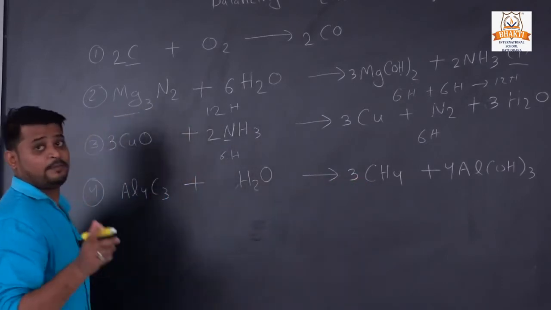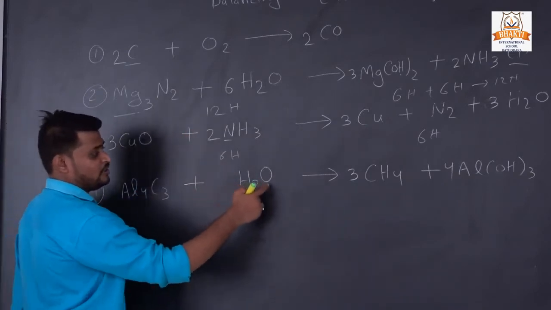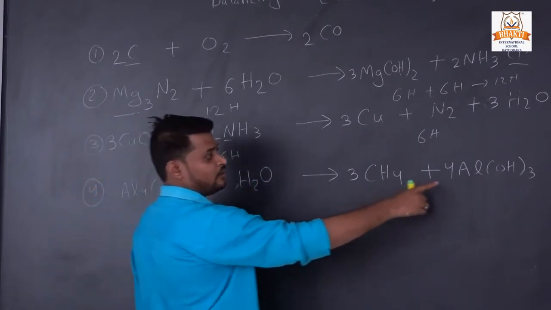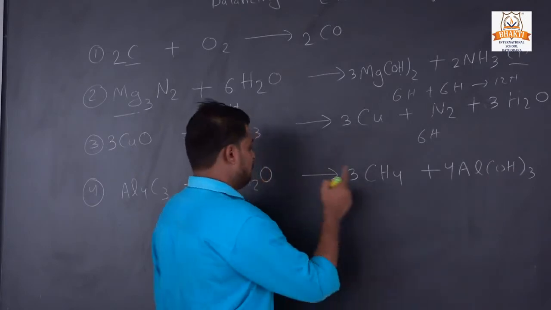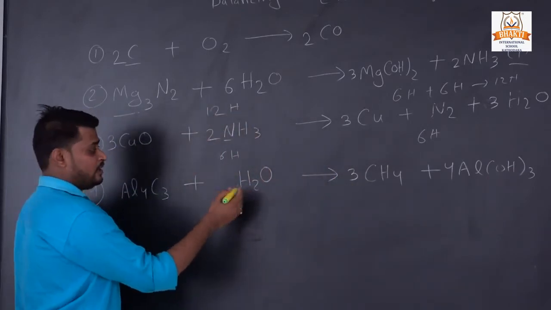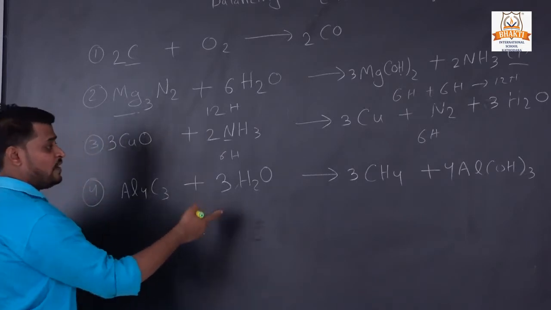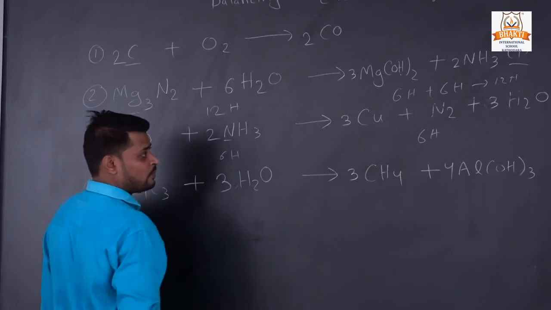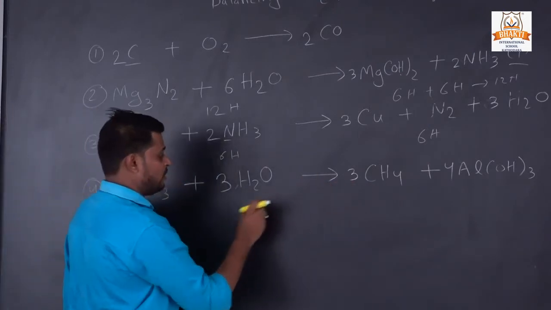Then our next step, what was that? Oxygen. So we have to check oxygen. The molecules of oxygen in the reactant was 1 and here 3, 1 into 3. Then we have to multiply in the reactant by 3. Then again we will change, so we have to check again. Aluminium 4, non-metal carbon, carbon 3, then oxygen 3.